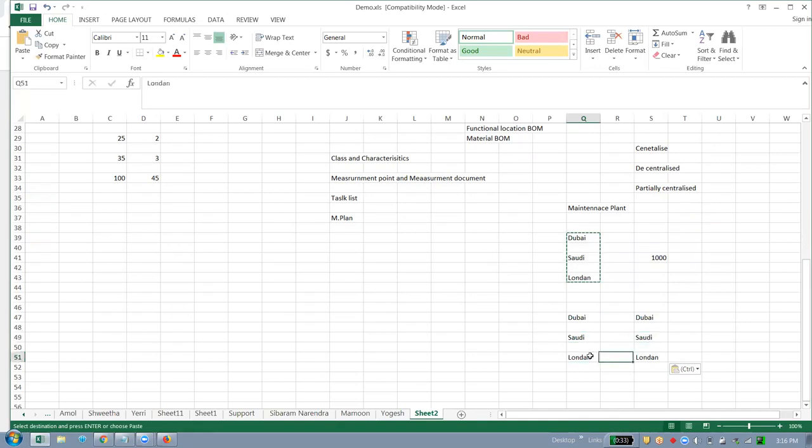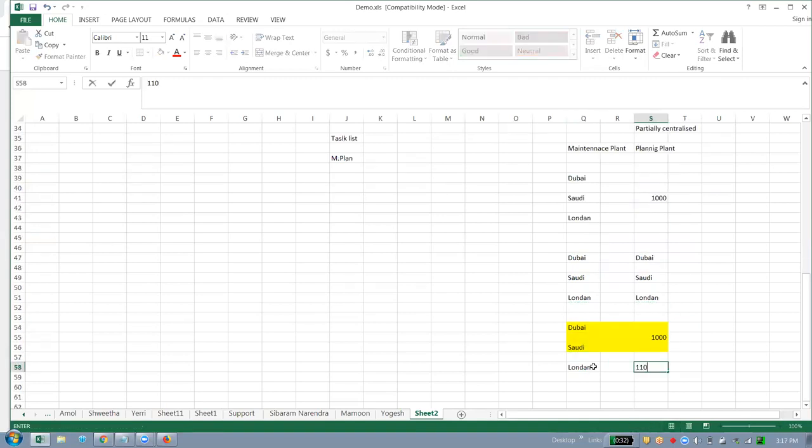And for the paint plant, for example, and in the partially centralized setup there will be separate planning. So this is called a centralized system.